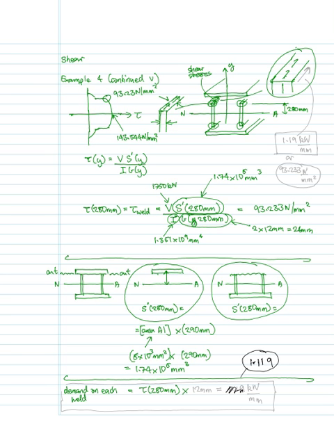So that's going to be multiplied by 12 millimeters, since that's going to be the thickness of each web, and that is going to work out to be 1.19 kilonewtons per millimeter, which means that each weld, each of the 4 welds therefore needs to carry 1.19 kilonewtons per millimeter, and the distance in the millimeters is